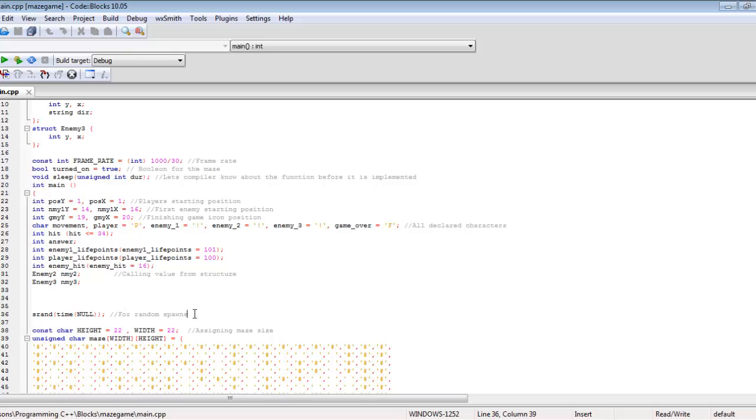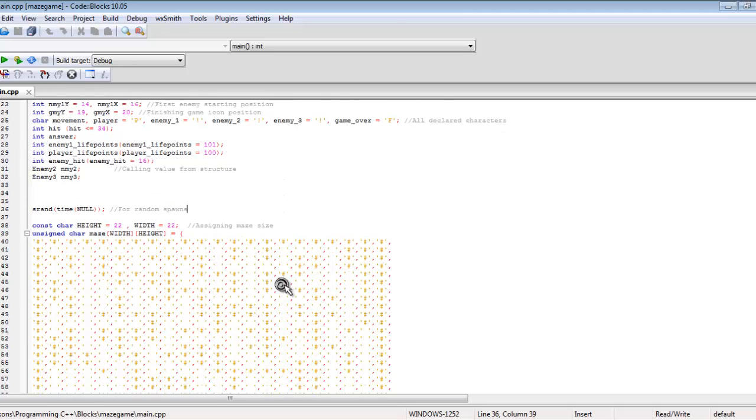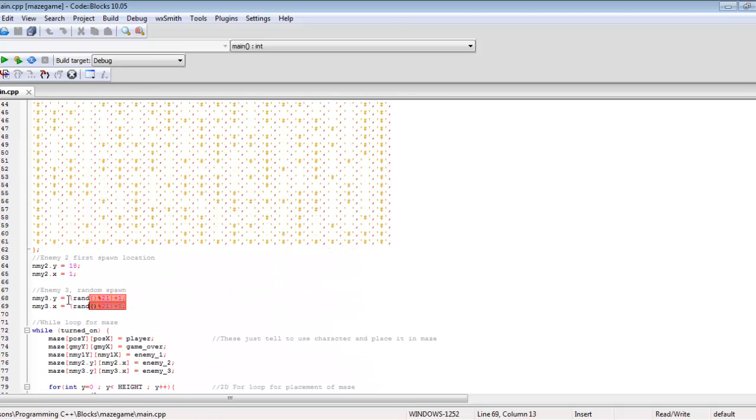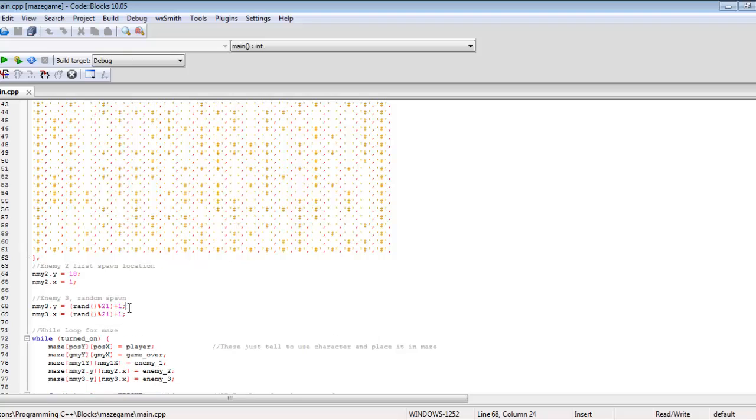And then here's a random spawn thing with this function. And then afterwards we have this to make it work. This just says from 0 to 1. Make those numbers to 21, to 22 or 21, I think. And then here is the same for the x-axis. Here's also the second enemy